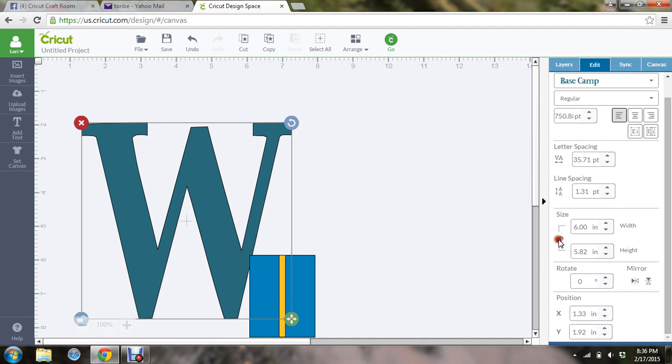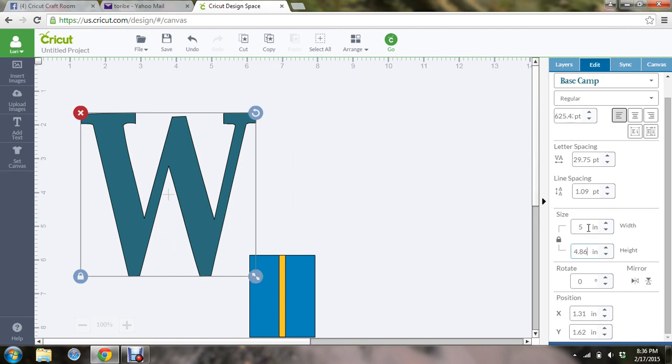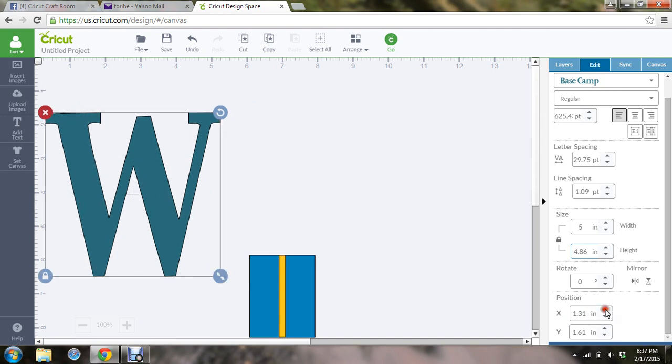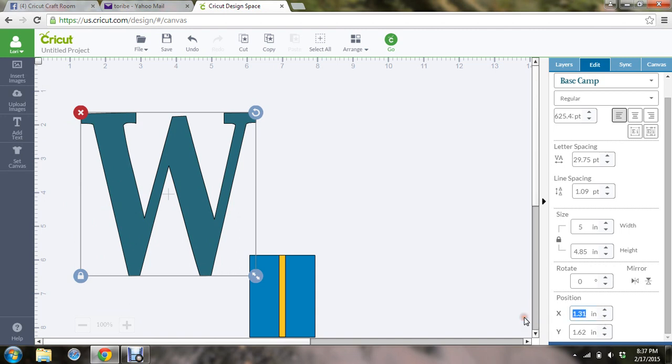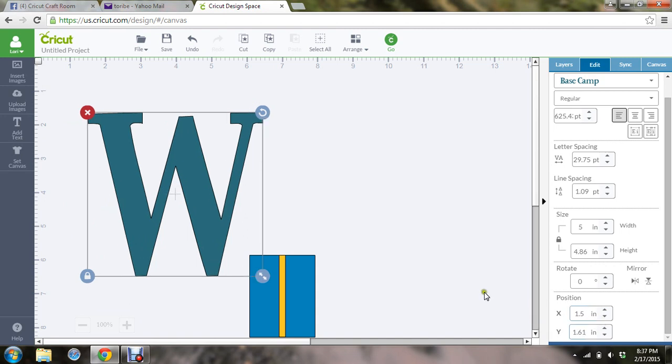Okay, so we're going to lock that back, but I just totally went blank on what I'm doing. I want it at 5, sorry, and this will make sense in a second. Okay. So if that's at 5, this moved my height to 4.6. I want my positioning. See how I can move it here with my positioning? I want this to be at 1.5. And it's specifically 1.5 because